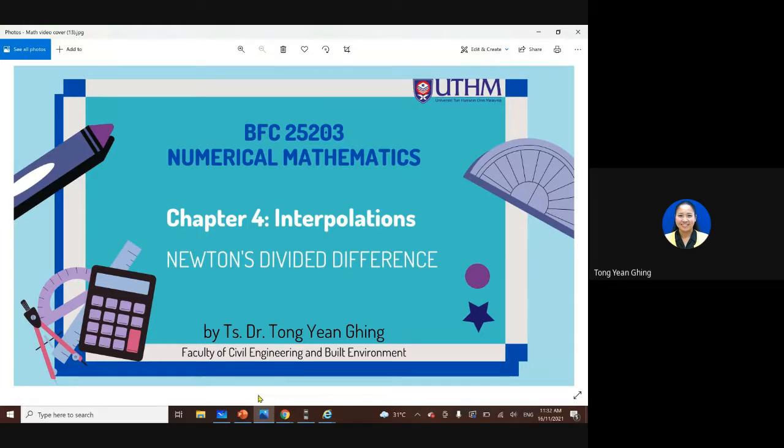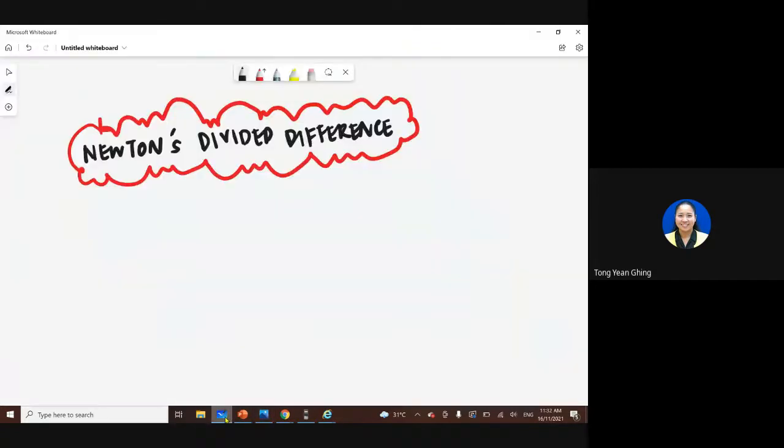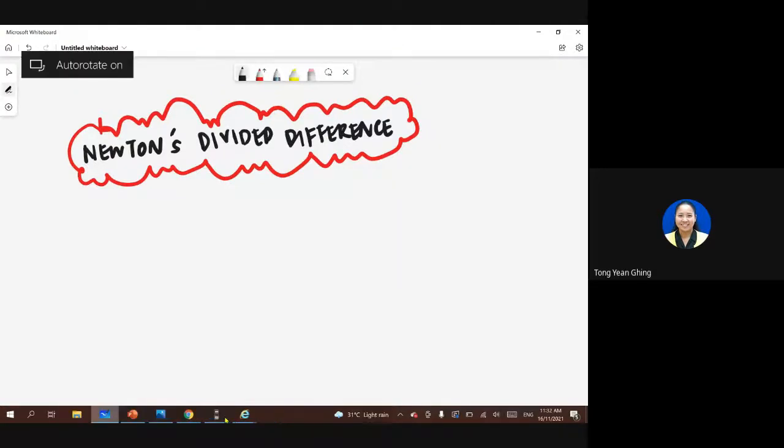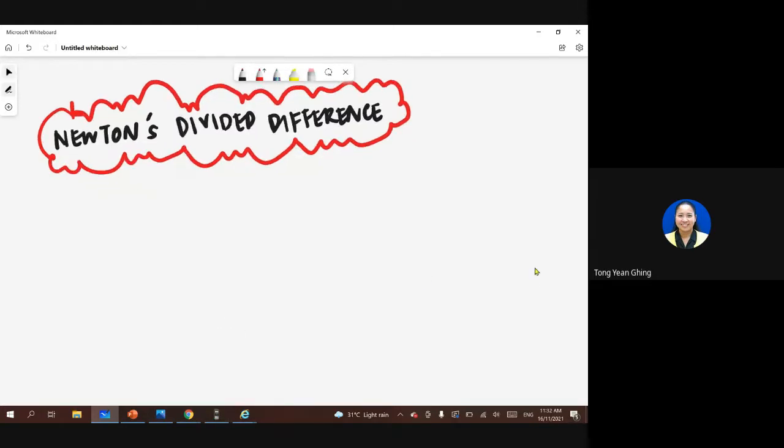Okay, today we will continue with the second part of the interpolation, Newton divided difference. Okay, so we start with this Newton divided difference. Okay, so this one,